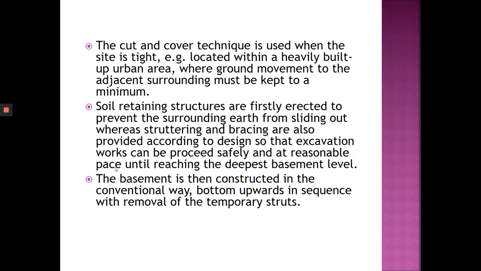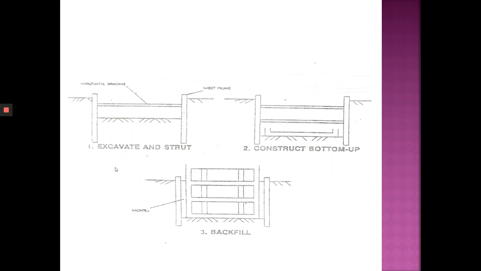So you will construct the building from the bottom to the top. This is typical. This is conventional. Okay, and then you will remove the temporary struts, the braces I showed you just now. So let's look at the illustration here. The first one, excavate and strut. They have the first excavation and then they strut the retaining wall from collapsing back to inside, to the construction site, to where you want to actually do work.